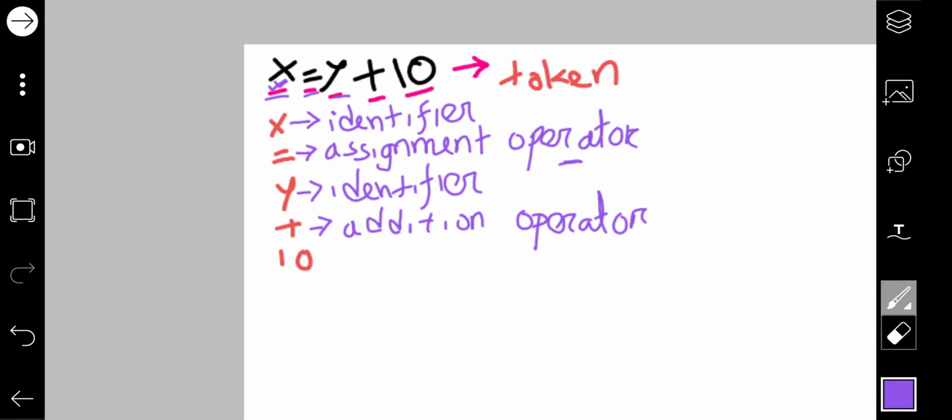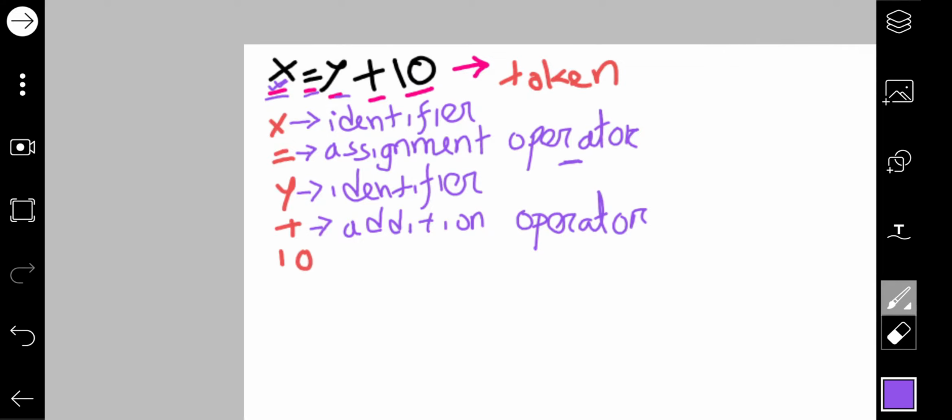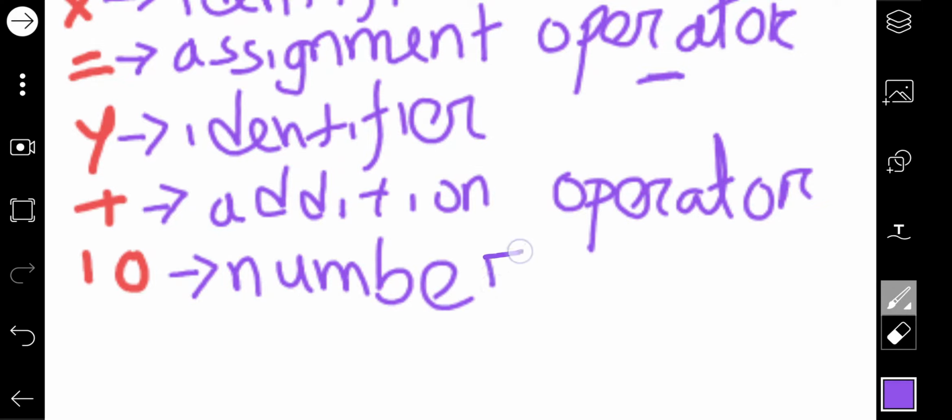After that we have 10. I will not say 10 is an identifier, because 10 itself is a value. It doesn't contain any other value. It is itself a value, which is 10. So it is simply a number.